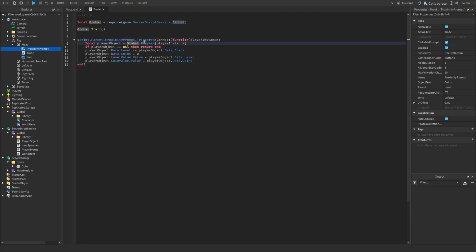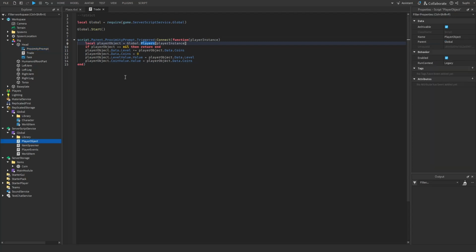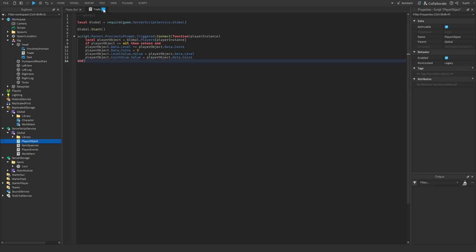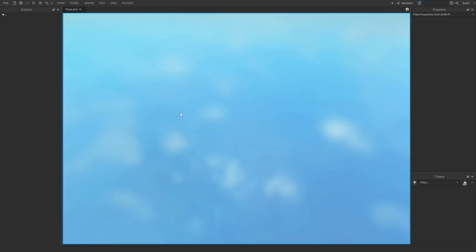Then I'm going to use the collection from the player object to find the player. If the player does not exist, that means their data store has not loaded or they're no longer in the game. And then I'm going to add the amount of coins to the level, set coins to 0, and I'm going to update their leader stats. And that's about it. So now if I play the game a final time,